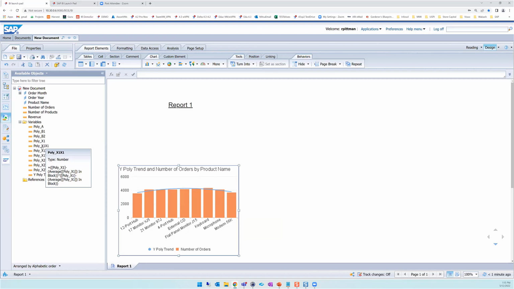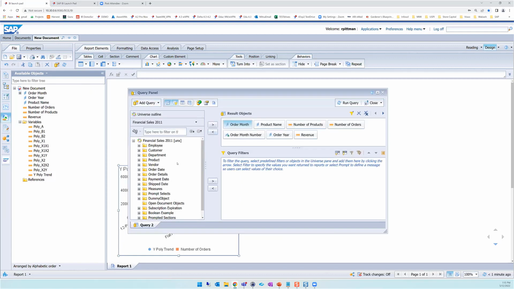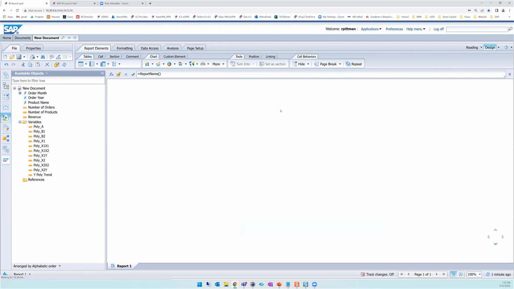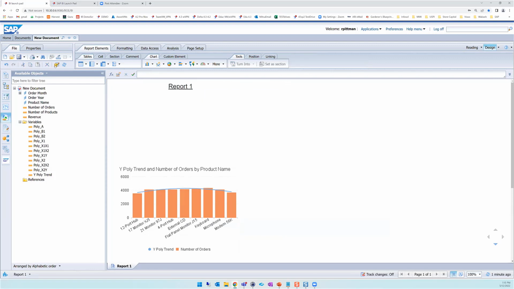I'm going to come back to this chart in a few minutes, but I wanted to start off with that and show you how it brought in the objects. And of course, here are the objects in my query. It was query 2 in the report that came from, and so it kept that name as well. All right, I'm going to move this report name up into my header for now